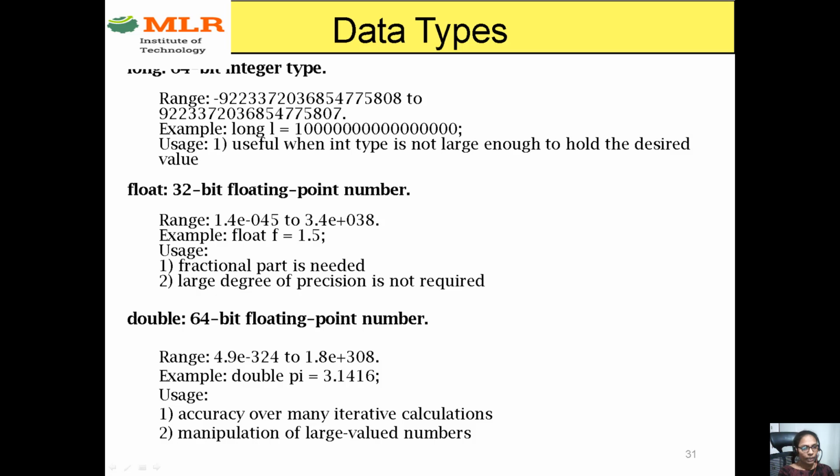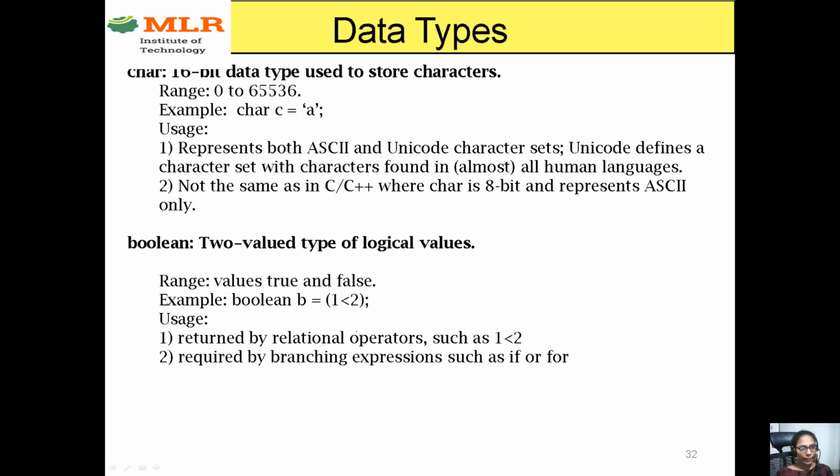And coming to float and double, as we know, the fractional values will be stored in the form of mantissa and exponent. So here this is the exponent value and this is the mantissa value, and this is the range. This is the minimum range and this is the maximum range for float. In the same way for double, this is the range. For double and float, we don't have any shortcut logic.